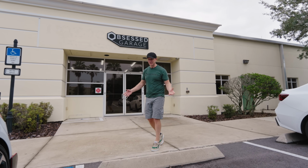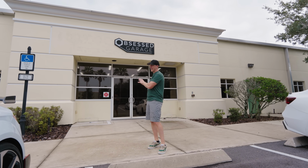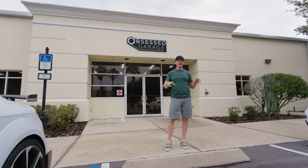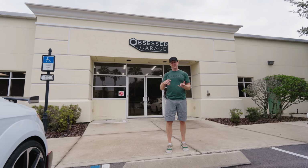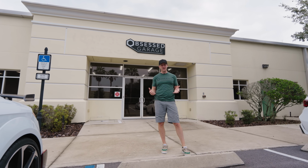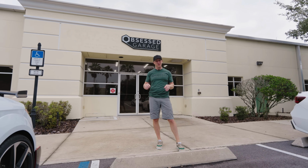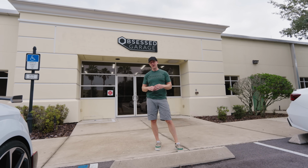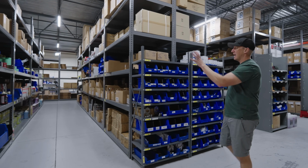My goal someday is to turn this, what was a banking ops center. This is where the local bank had all their call center people, the deposit slip management, all that stuff was done here. They had about 180 employees that worked in this facility. I bought it in hopes to turn it into a shipping, media,